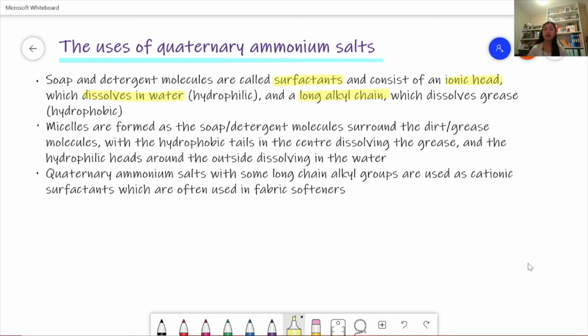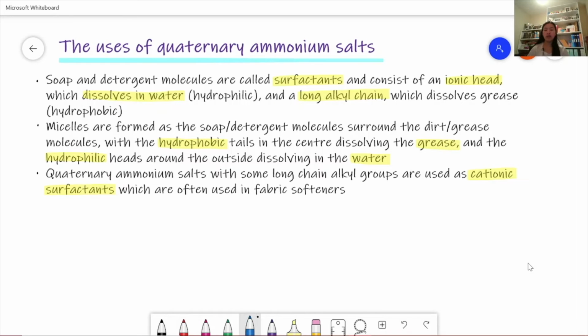hydrophobic. So micelles are formed as the soap or detergent molecules surround the dirt and grease molecules, with the hydrophobic tails in the center dissolving the grease, and the hydrophilic heads around the outside dissolving the water. Quaternary ammonium salts with some long-chained alkyl groups are used as what we call cationic surfactants, and these are often